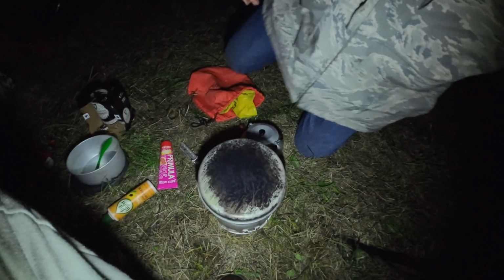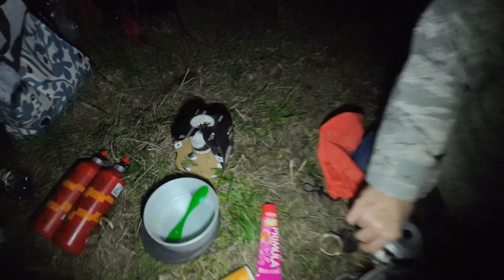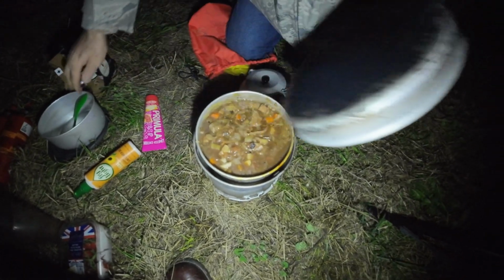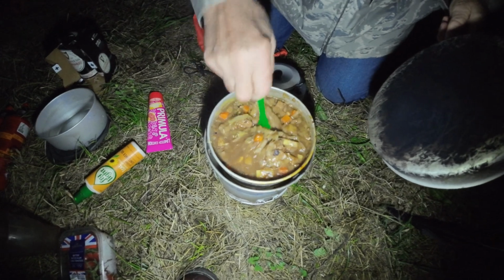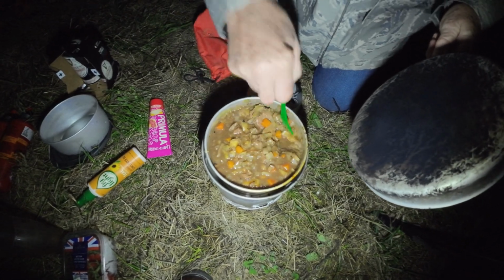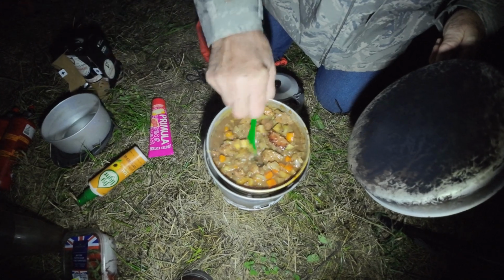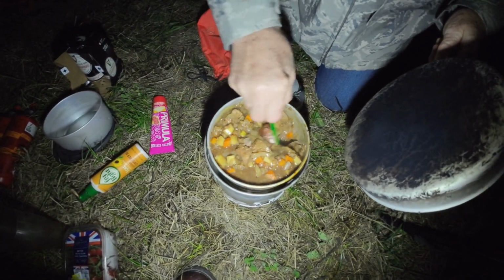So what we have for supper tonight is a lovely Guinness stew. So there's Guinness in there, steak, carrot, onion, leek, and it's stewing away nicely. So we're going to give that a little bit longer, maybe another 20 minutes. What's gone in? Steak, onion, carrot, leek, and a parsnip as well, and a stock cube, and nearly a whole tin of Guinness as